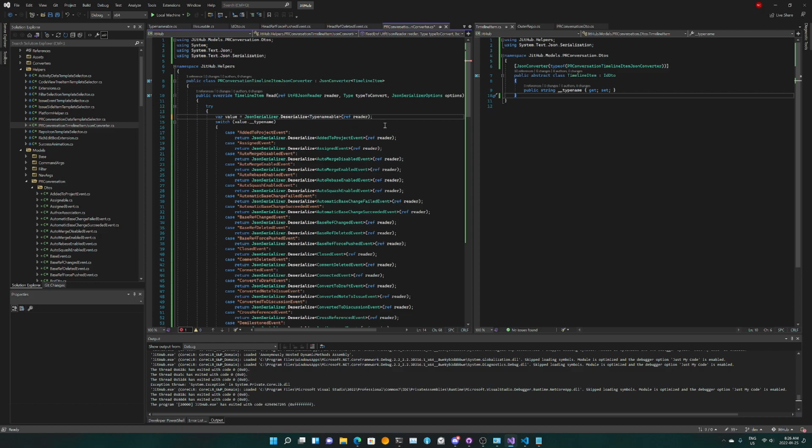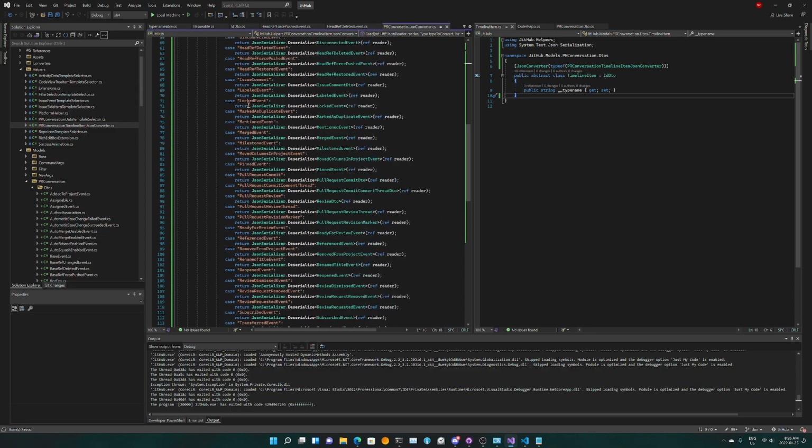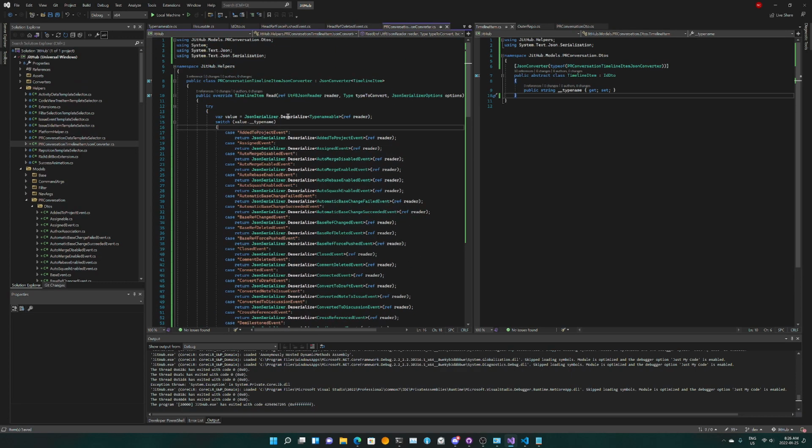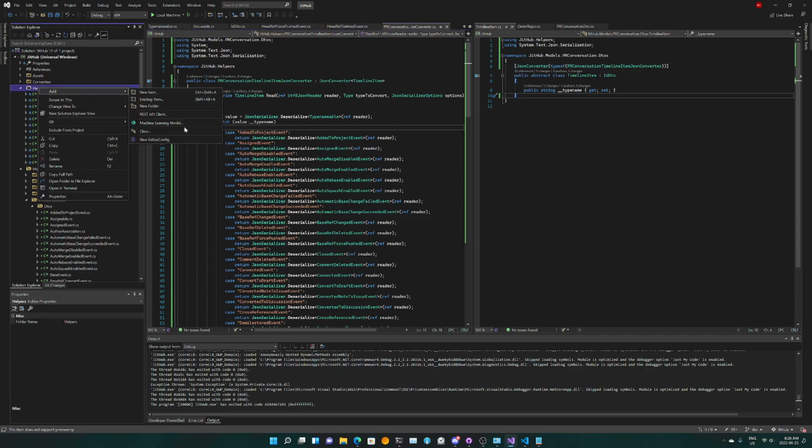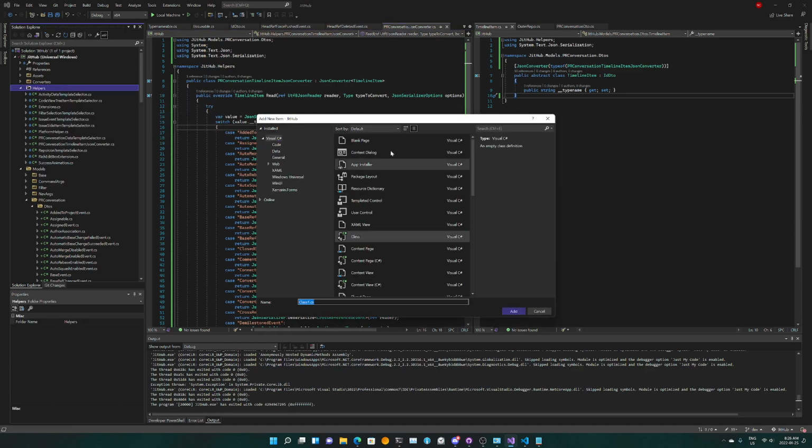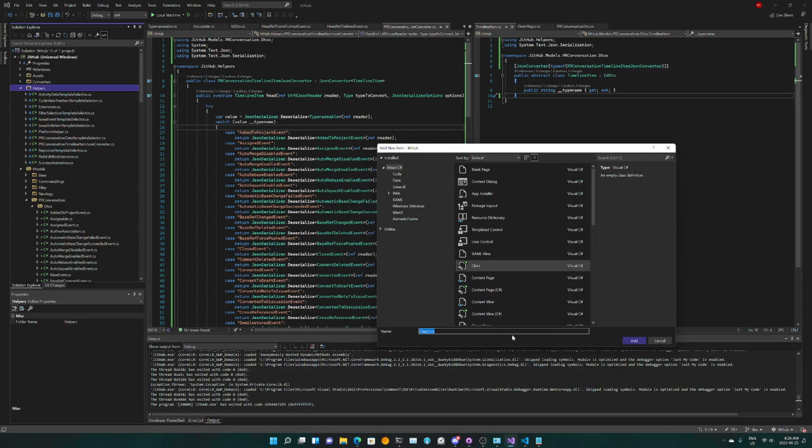And we're gonna do this. Type nameable. All right, good. So let's create 2 more converters. Add a class. We're gonna do either one of 2 things basically.